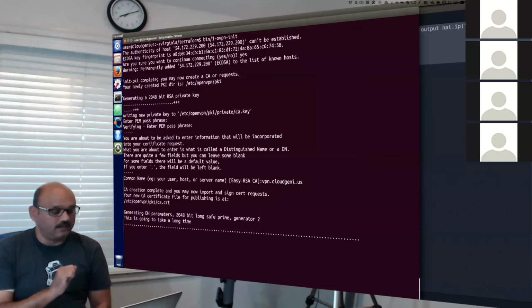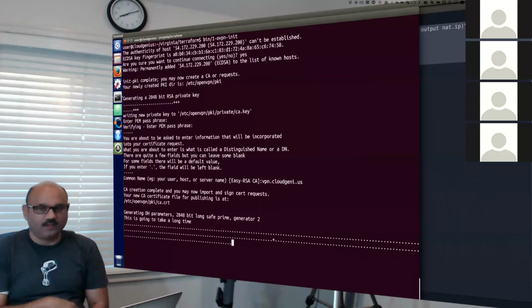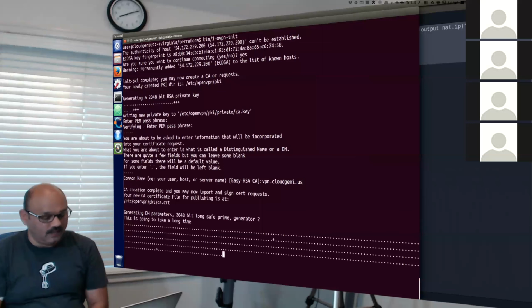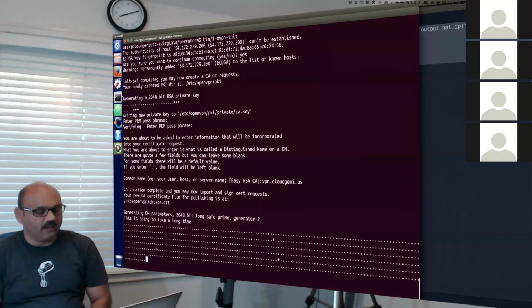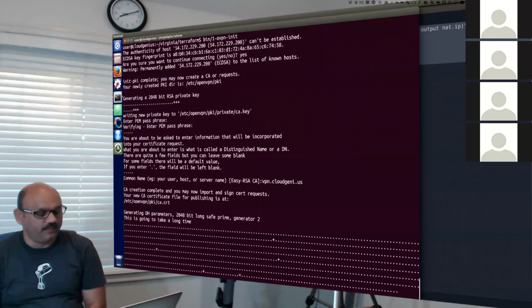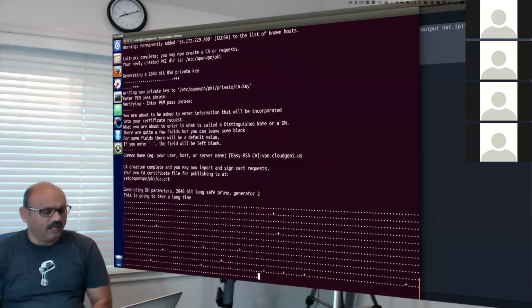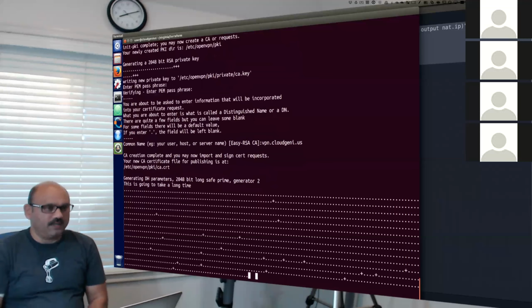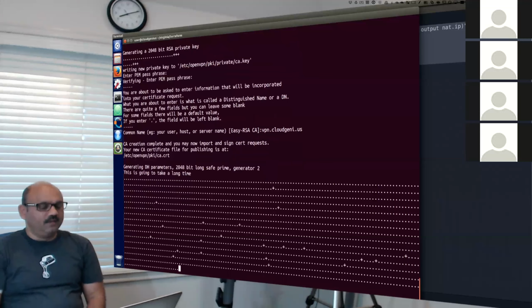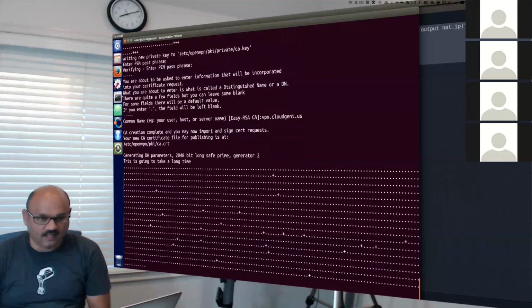And here it goes. It is generating a long prime number, 2048-bit long. It takes about a minute on a small machine like the T2 micro we have there, which is really small, but it should finish soon. And so we have a long, safe prime number generated right now. We will use this information as the initialization that is happening.